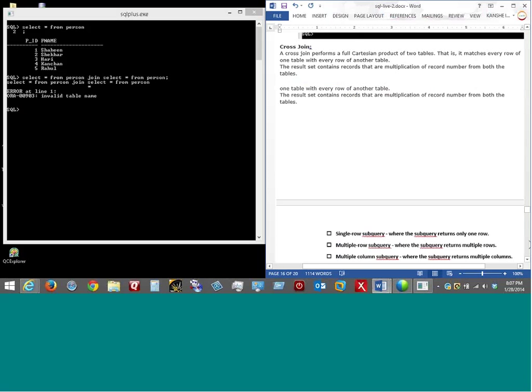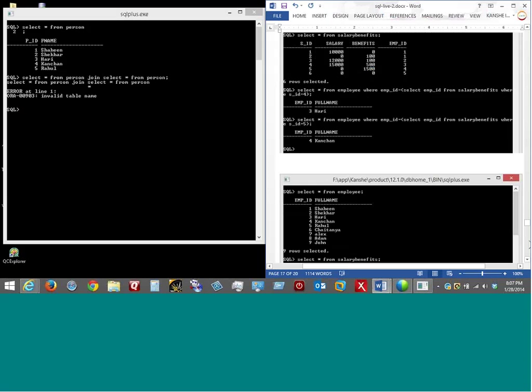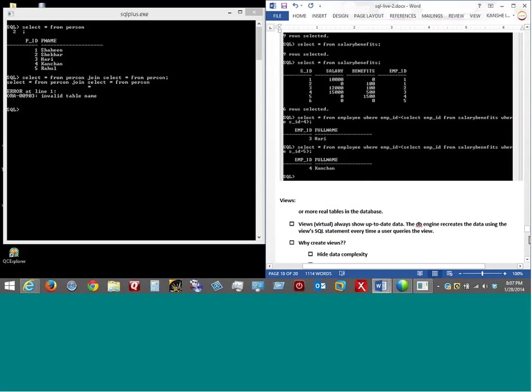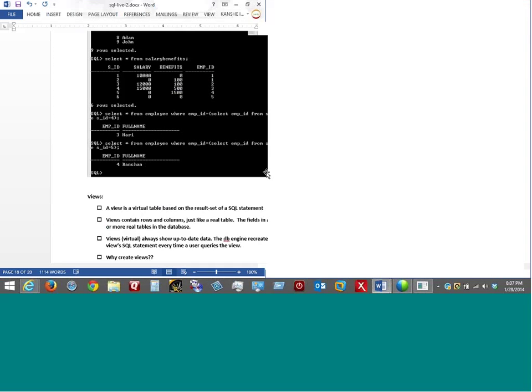Okay, so outer join, subqueries. Okay, example of subquery. Well, I just told you, you can write a query next to the equal sign. So if you see this example I've done here,